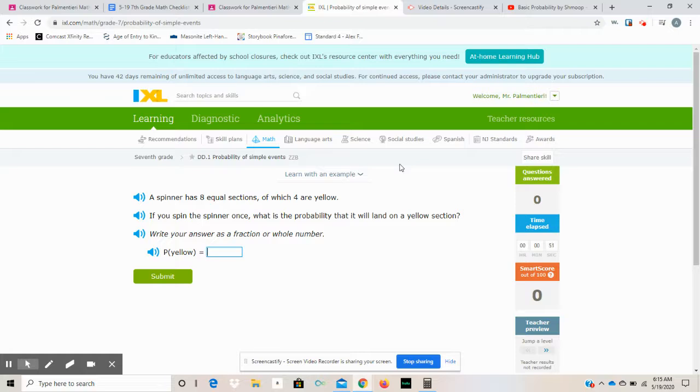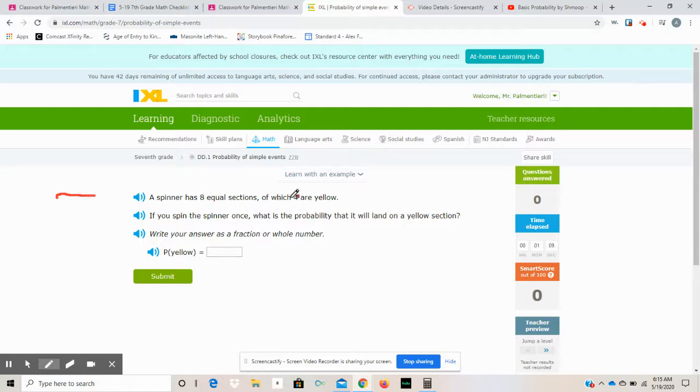All right. So, probability is pretty simple. What they want you to do is basically make a fraction, okay? And then sometimes you turn that fraction into decimals. In this case, we're just going to keep it as a fraction. So first thing I'm going to do is make my fraction, and it says a spinner has